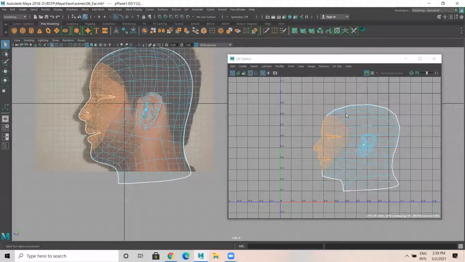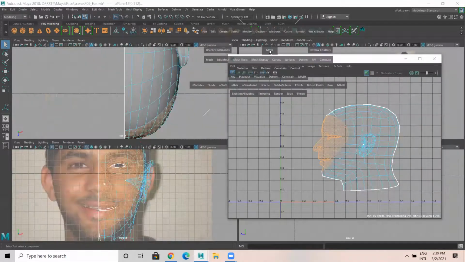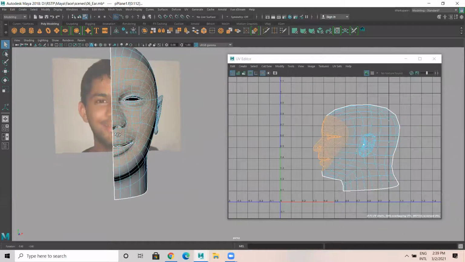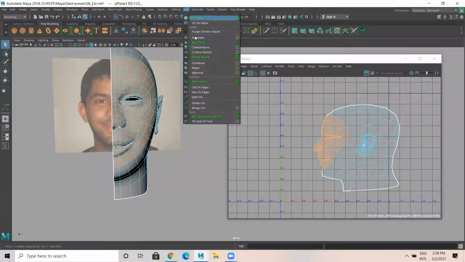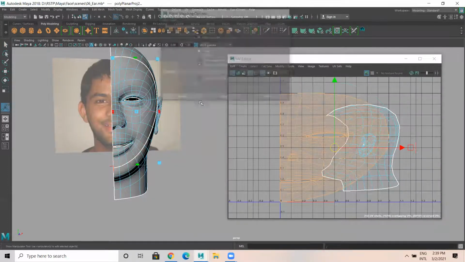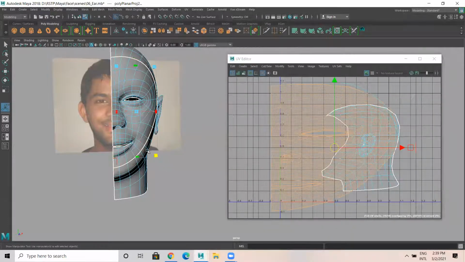Okay, only this part is there. Let me go to this view, and here let me just unwrap only this area in z-axis, UV, planar mapping, z-axis, project. So this one I need to just make it like this, like this.